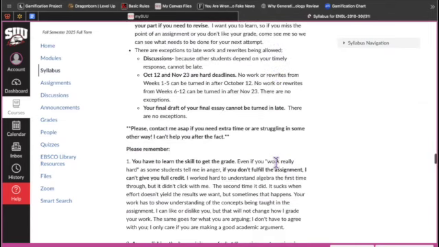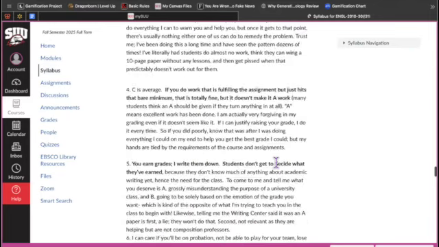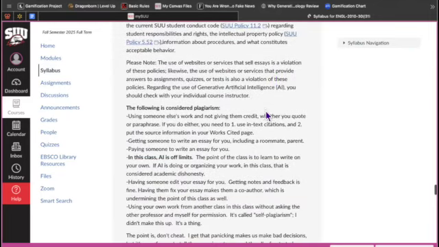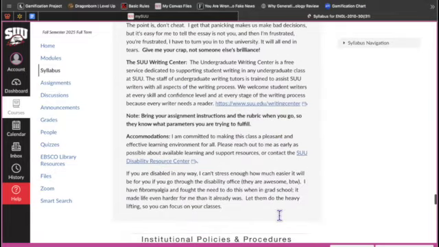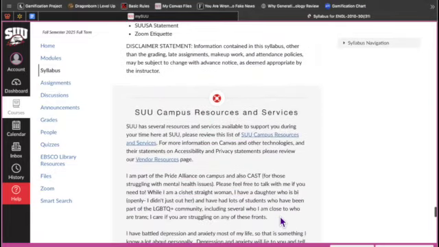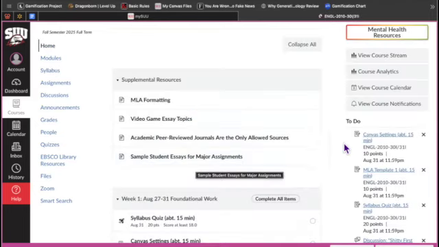The late policy and rewrites, different things I want you to remember, student responsibility and resources on campus. There's a lot of information on here that is super helpful actually, but you have to look at it, okay? So make sure you go on Canvas and see what the syllabus says and what the class is about in detail. It will totally make a big difference in the way your semester goes.